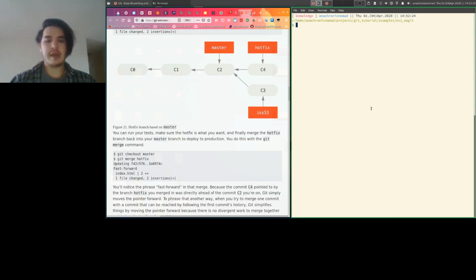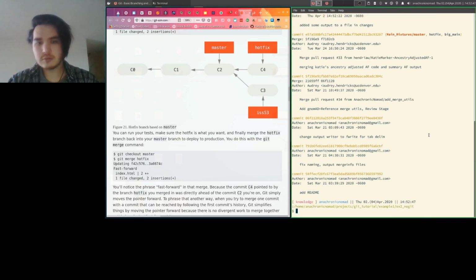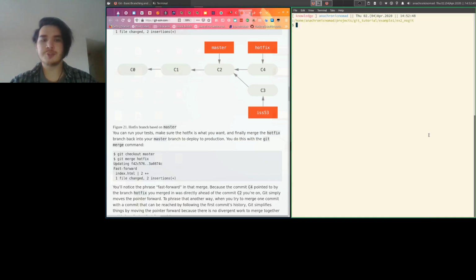Now we have that commit, right? Technically, this is forward in time from what's going on in either hotfix or the master branch or the big main branch that's tracking the main branch over in the main mixers repository. And now let's go over to our hotfix,